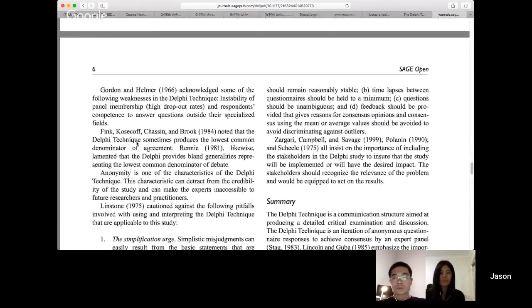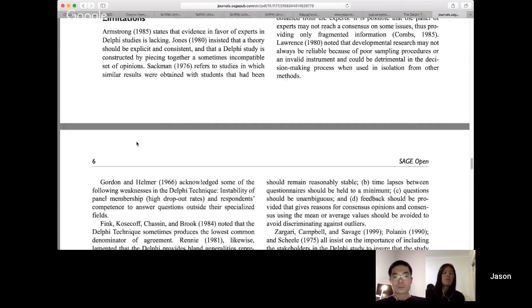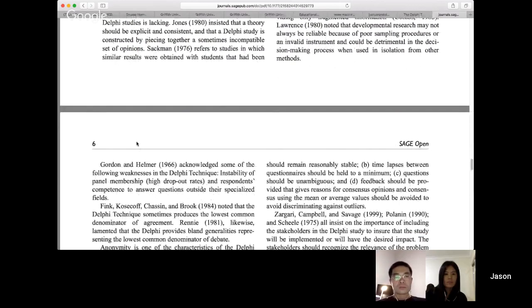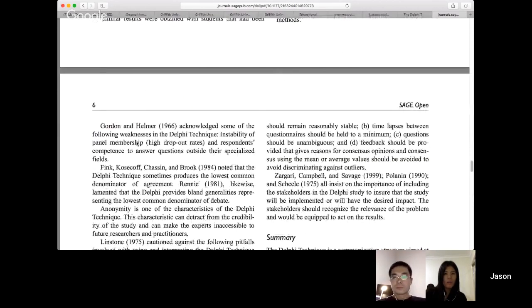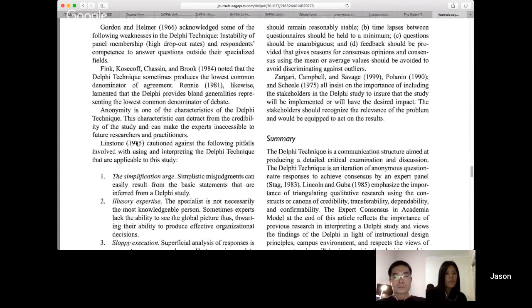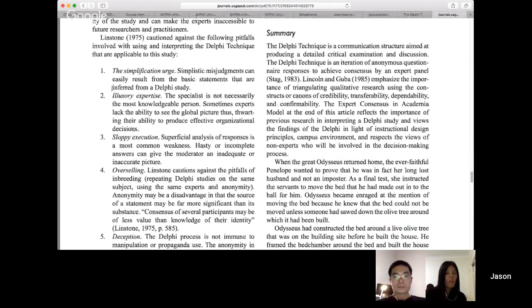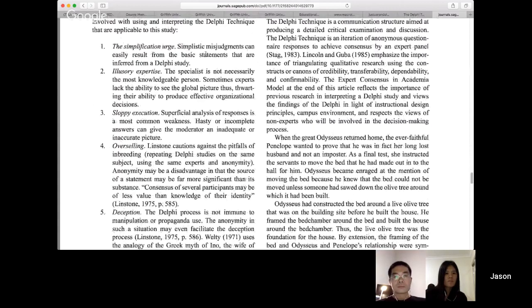Okay, there are limitations to the Delphi process, as there are for any research process, but there are ways of helping address those. This sort of summarizes them here. There's often a move towards simplification, where we try to make things really simple instead of understanding the complexity of the real world. It sometimes gives an illusion of expertise.